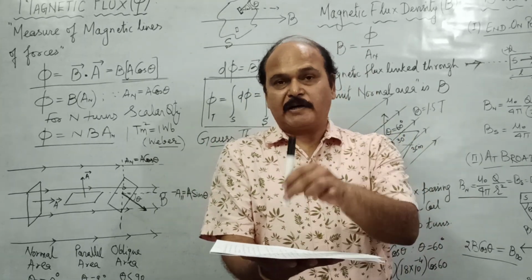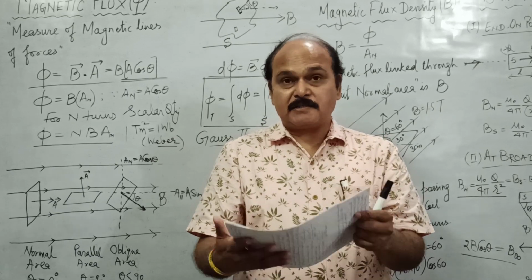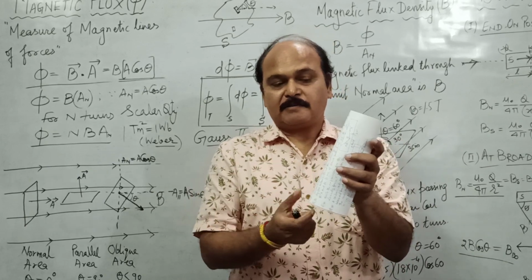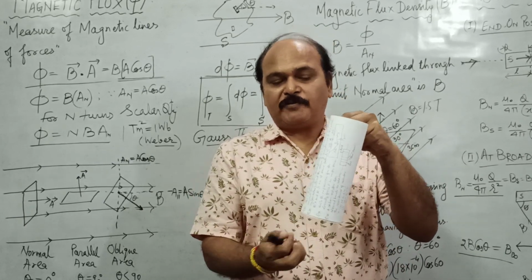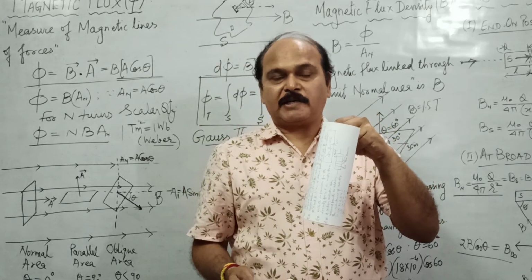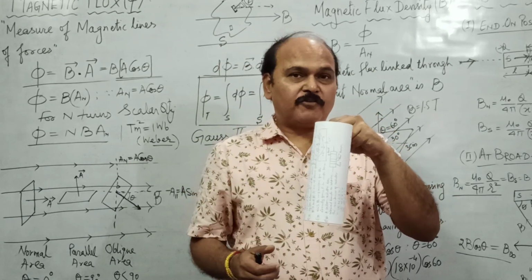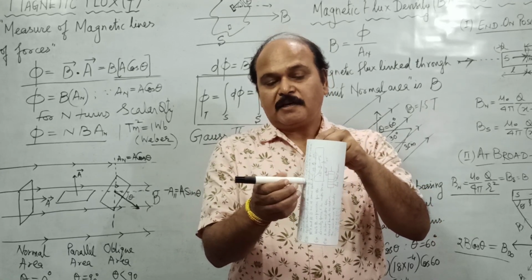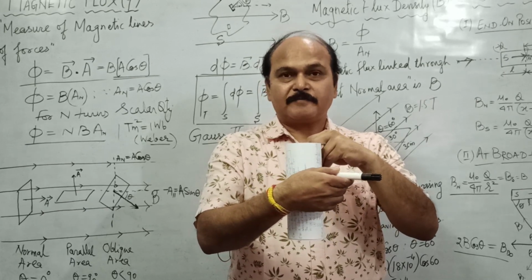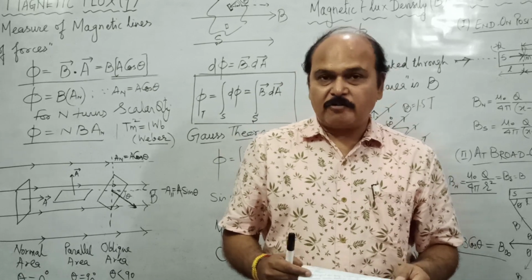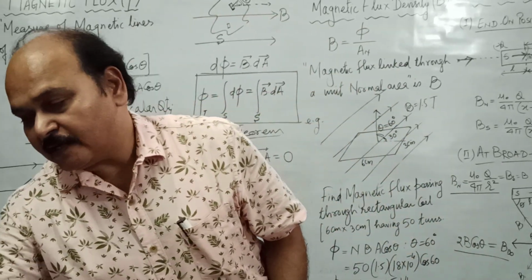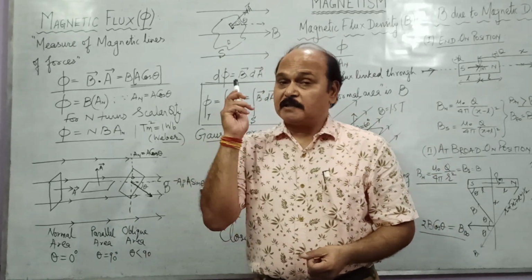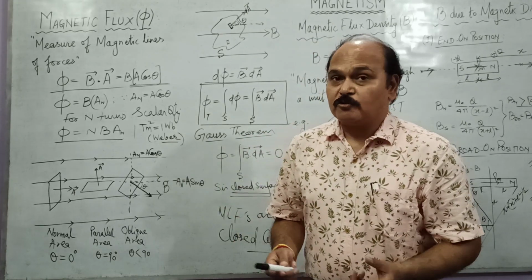If this rectangular area is in a horizontal plane, then the direction is along the vertical. But if this area is not in a plane, like the area of a right circular cylinder, of course we can find the value of the area, cross-sectional area into height, pi r square h. But is this area uniform? No. Why? Because the direction of the normal to this surface is different at each and every point. So if the area is uniform, it is in a plane. If the area is not uniform, it is not in a plane. And what makes the area non-uniform is the direction of the area vector, which is different over a non-uniform area.